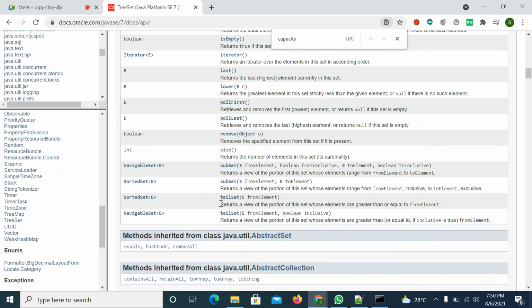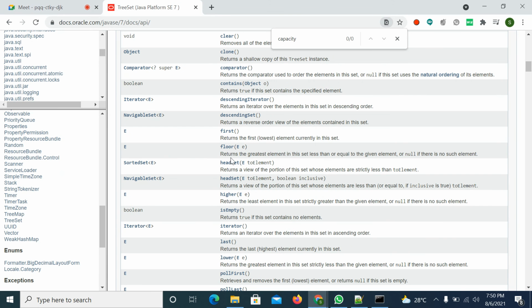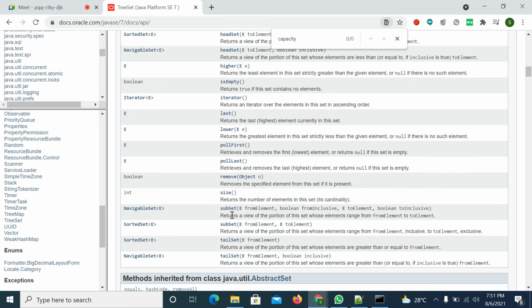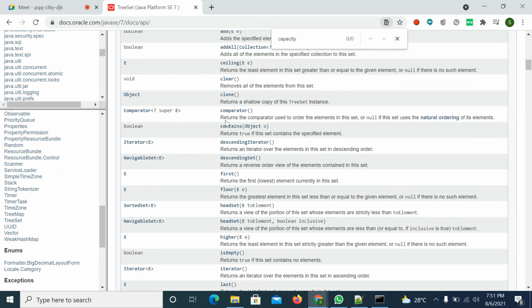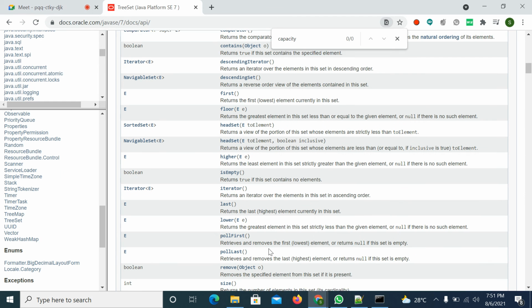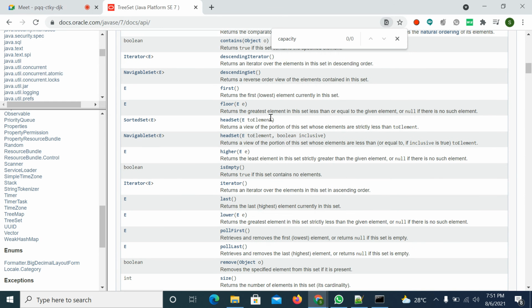Among these methods we discussed around 6 methods, like first method and last method, head set method, tail set method, and comparator method. There are some other methods also, depending on requirement: clear method, clone method, ceiling, floor method, is empty method. If there is a requirement, you can use these methods.